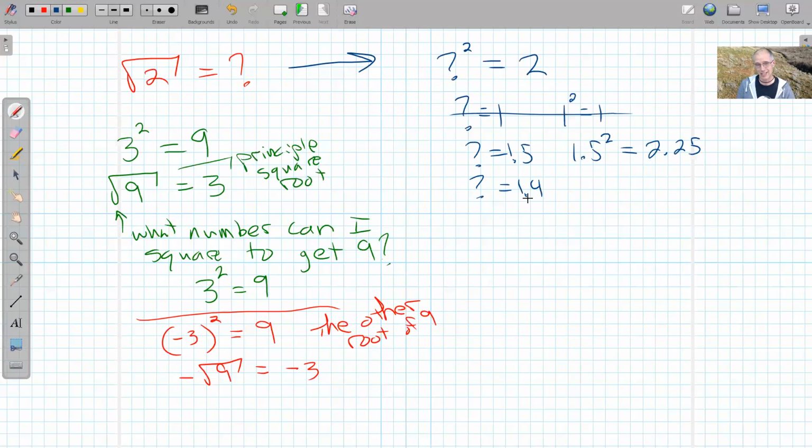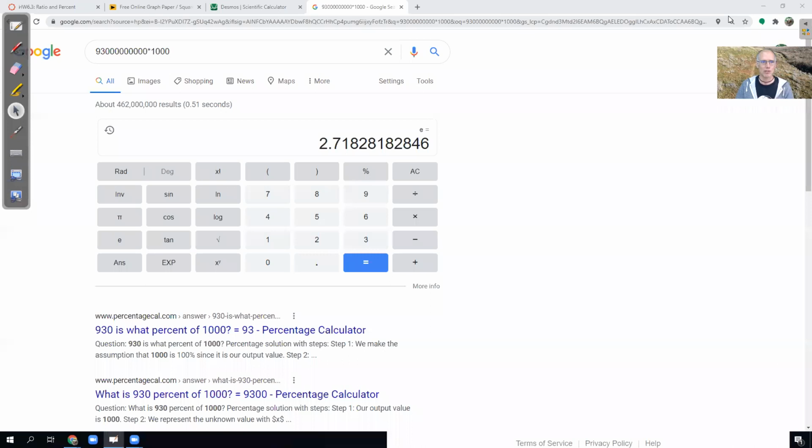Well, what about 1.4? Now this is getting kind of tedious. When I was a kid, they didn't have calculators in the classroom like when I was in high school. And so I would have to guess and multiply to try and figure this out. On my paper, I'd scribble 1.4 times 1.4. But now we have these calculators everywhere around us. They're on our phones, they're on our computers. I can just say, hey, what's the square root of 2? And it whips out this number,